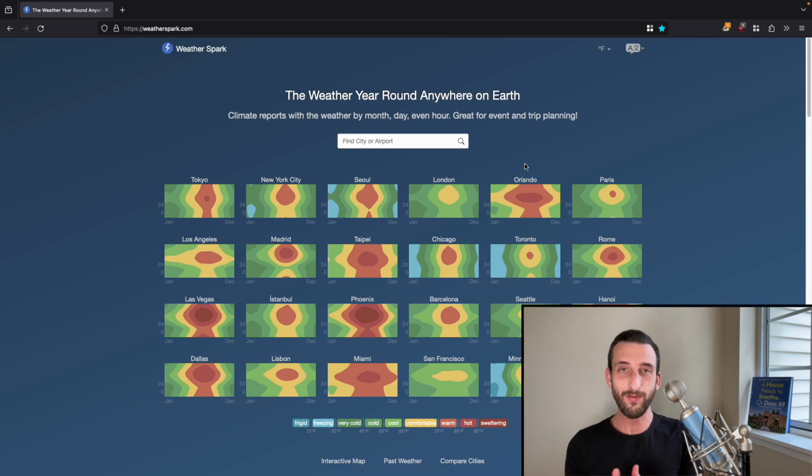Today I'm going to share some of my favorite weather and climate sites and apps so you can find the location on Earth that is optimal for your health and well-being. So you can plan a vacation, win arguments, or just become an absolute guru at determining what has gone on, what is going on, and what will go on outside.